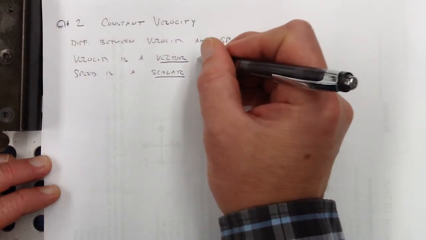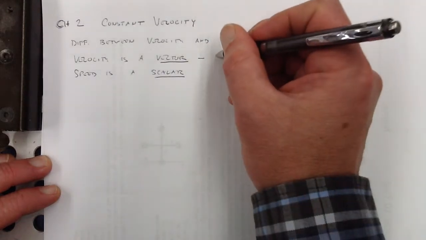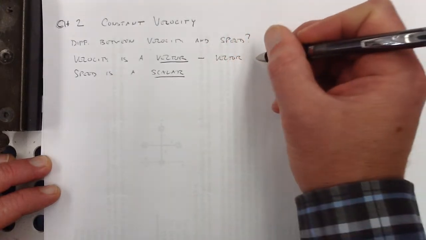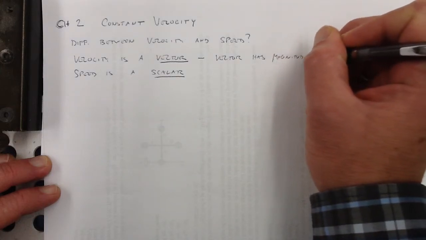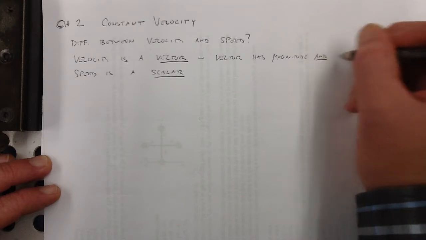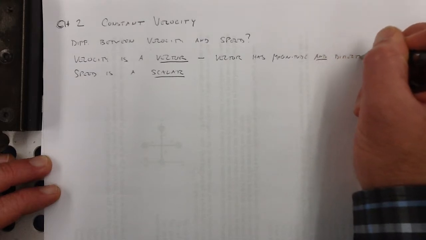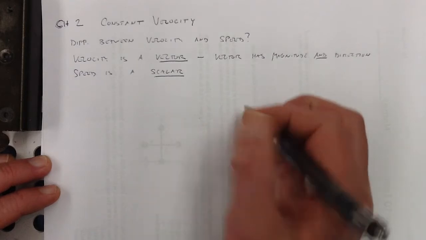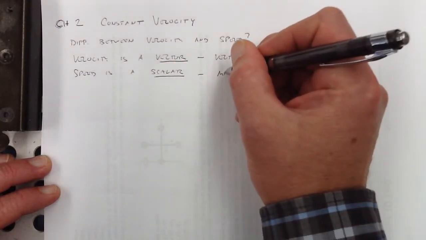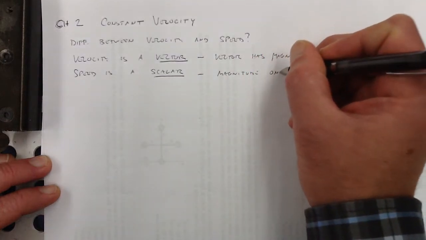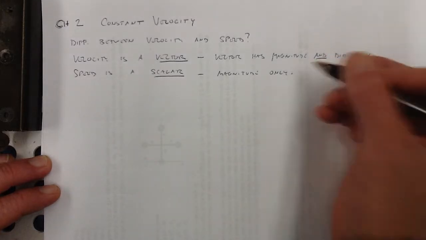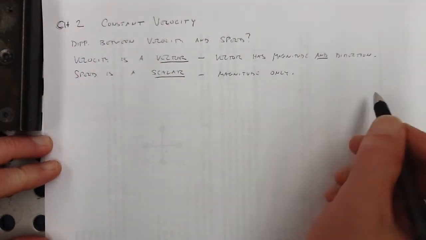So what is a vector? A vector has magnitude and direction. And speed has magnitude only. No direction. Now, if you're only moving in one dimension, that means basically you're moving back and forth on a